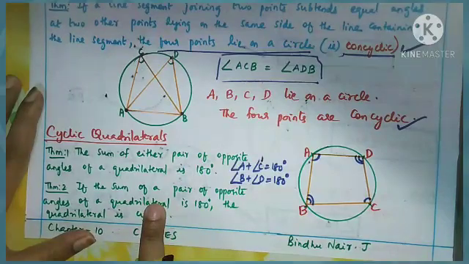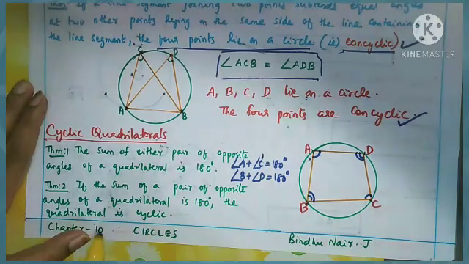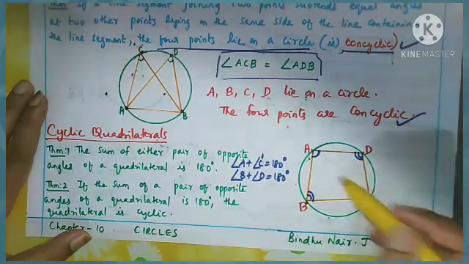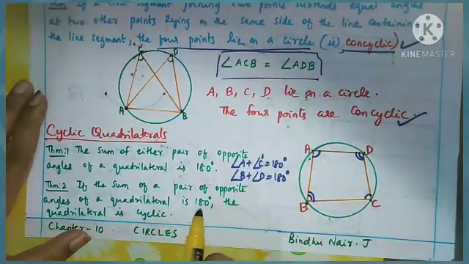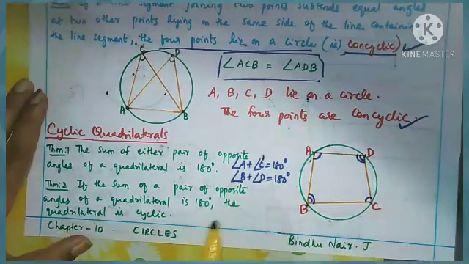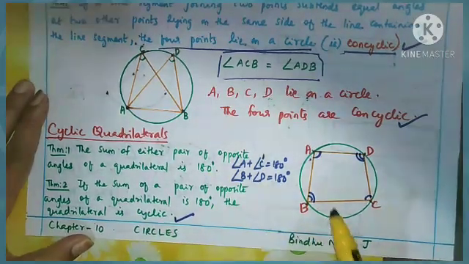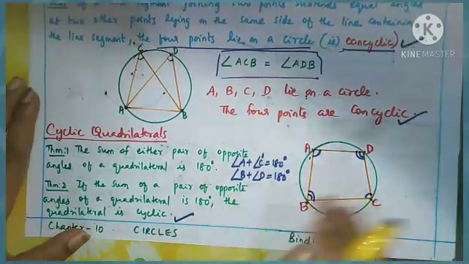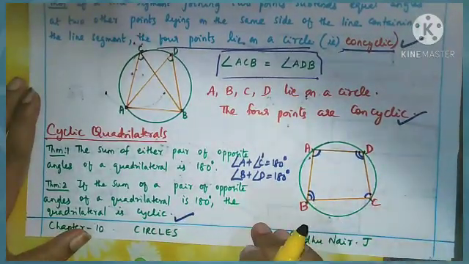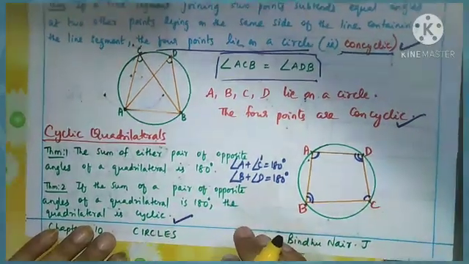Now the second theorem is just the reverse, the converse of this first theorem. Read this. If the sum of a pair of opposite angles of a quadrilateral is 180 degrees, that is, when the opposite pair of angles of a quadrilateral comes to 180 degrees, then that quadrilateral is definitely a cyclic quadrilateral. The quadrilateral is cyclic. Okay, so the 2 statements are always true. So this also you want to keep in memory for doing the problems. So all of you write these notes correctly and revise all the results in a proper way.